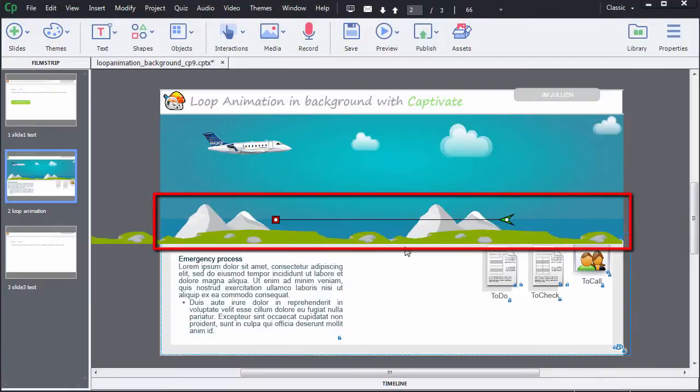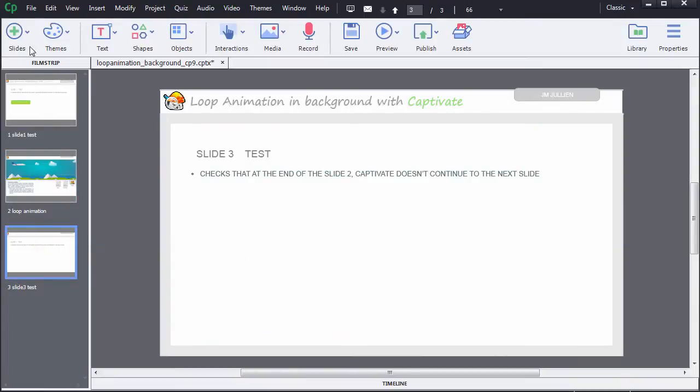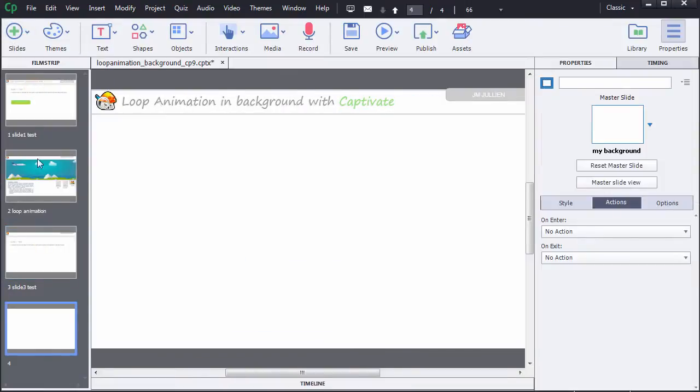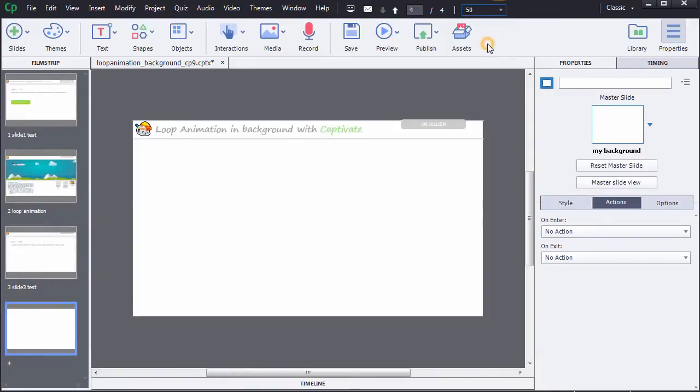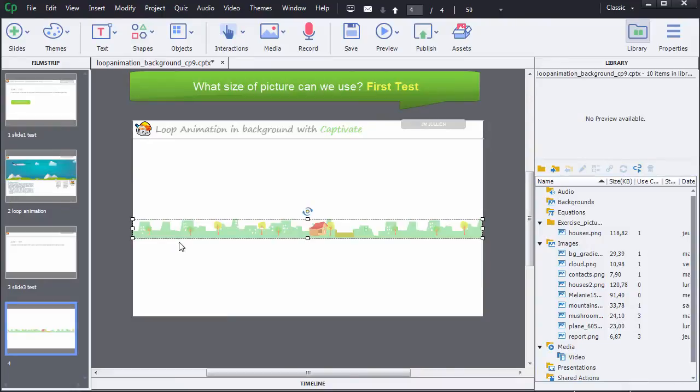First, what will be the size of this picture? And once evaluated, how to design this picture with visual cycles as we do in cartoons. Let's begin by trying to define a size. In order to figure out the difficulties that we can run into, I'm going to create a blank slide and make two tests. In the first one, I'm going to insert a picture from the library that has a size of 1280 pixels and that fills exactly the width of the slide.